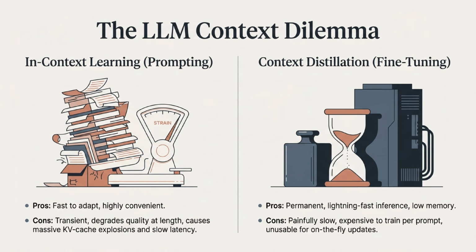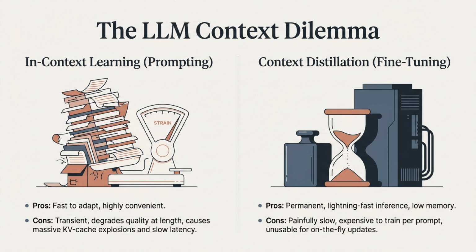To understand why this is a big deal, we have to look at the LLM context dilemma. Right now, when we want an LLM to read a document, we usually just shove it into the prompt, a process called in-context learning. It's fast to adapt and highly convenient, but it comes with huge downsides. It's transient, response quality degrades on long texts, and it causes a massive KV cache memory explosion that totally kills